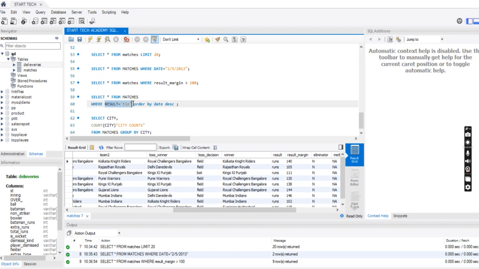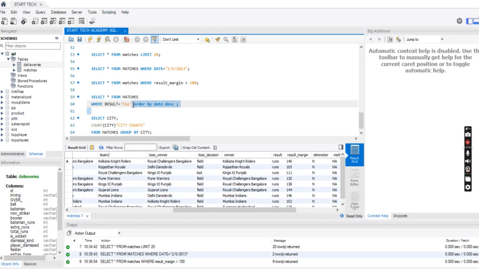This is our first thing which we have to mention, and second command is that we have to order them in date order and in descending order. So we can say order by date, because we want to arrange our data by date sequence, and we want it in ascending or descending. As we want it in descending, so we are going to mention DESC. It is a symbol for descending.